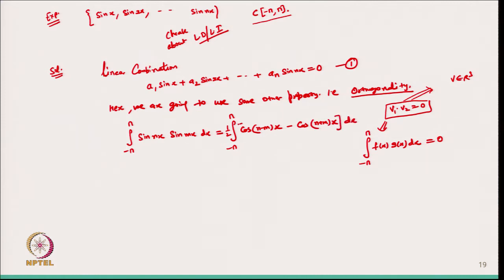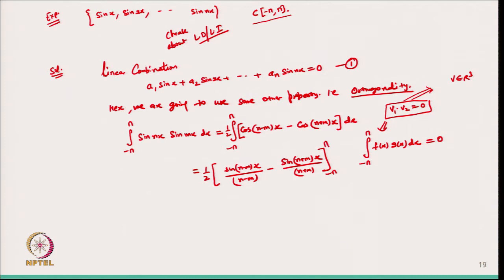Using the formula for the product of sines, and now taking the integration, it becomes half of sin((n minus m)x) divided by (n minus m), minus sin((n plus m)x) divided by (n plus m),